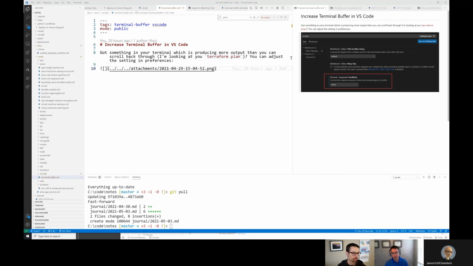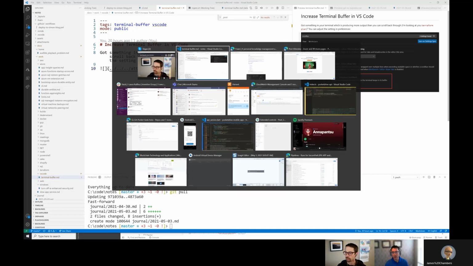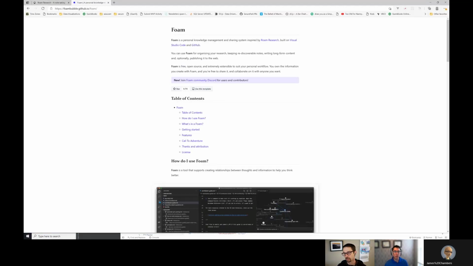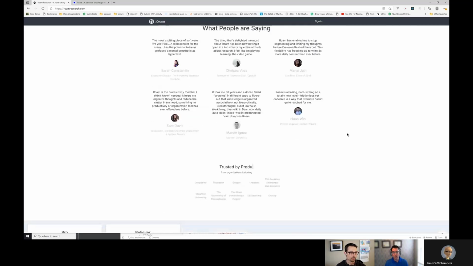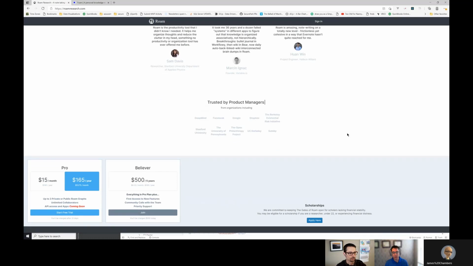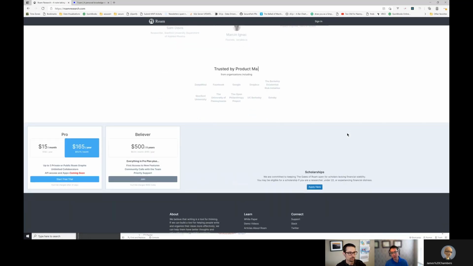So I looked at a couple of different technologies out there. I looked at Roam Research really briefly. I liked the idea of this because it was a bunch of documents, and although this is really more for research, it allows you to link things together so that you can take a look at the relationships between different documents. And there's a couple of things in this space too that work in a similar way.